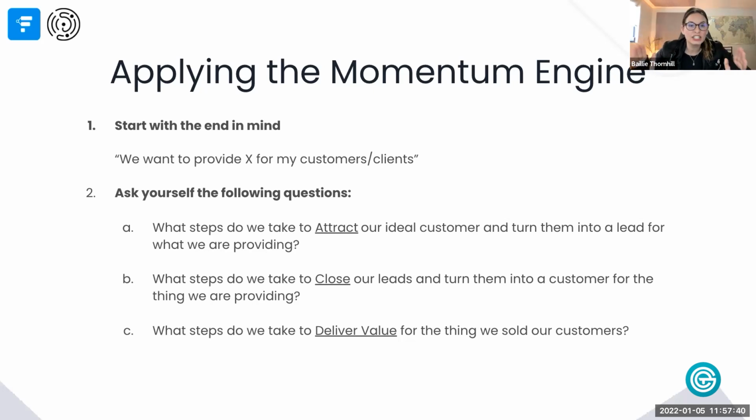This is an entirely new stage of your business where you deliver value. So you're accepting them into the fold. You deliver them the value that they need from you. It's your responsibility to give them what you promised them, right? So you have to show up and deliver that value. So what are you doing? What steps are you taking in your business to ensure that they not only see that value, but experience the